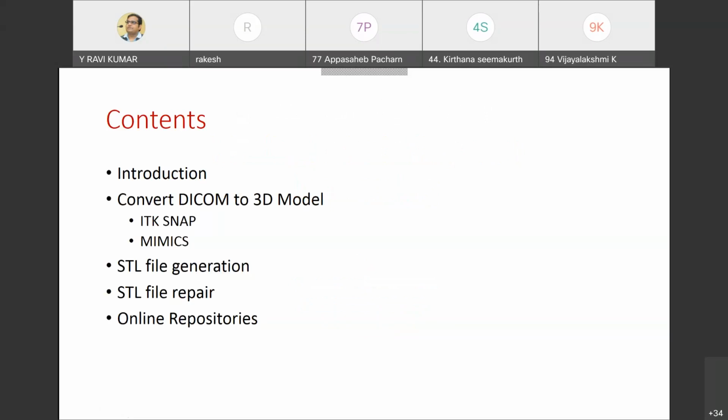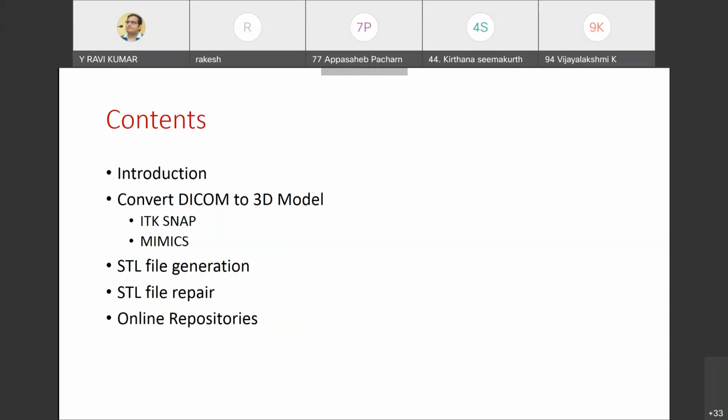This is my content, the overview of this presentation. First, I will give a small introduction about DICOM files to 3D model. Then how to convert them from DICOM to 3D model by using ITK Snap and Mimics. After that, how the STL file is generated, and how we will do the repairs in the Magics software. And finally, I will give you two online repositories, which are not free, but okay.